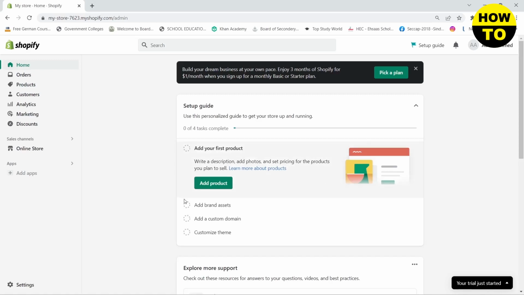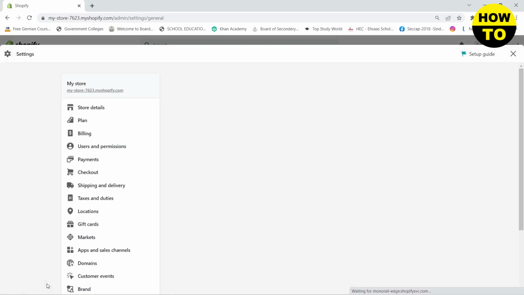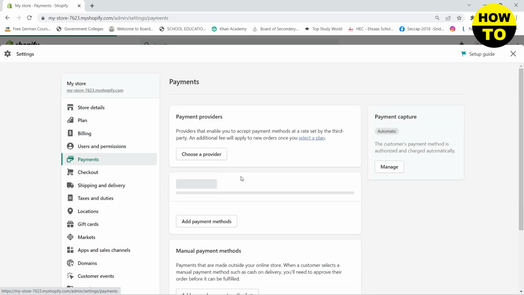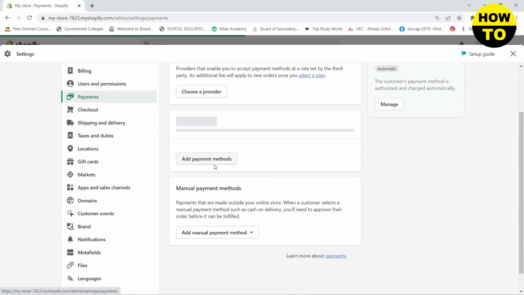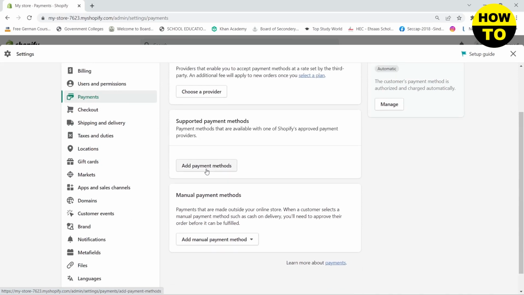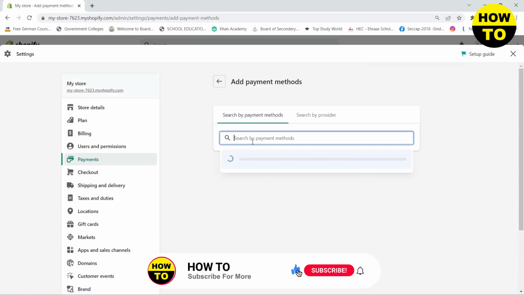dashboard and then click on settings, and here you need to go to payments, and here you will see a bunch of different options. You need to click on add payment methods, and here you need to search for Klarna, and here you will see Klarna. Click on it,